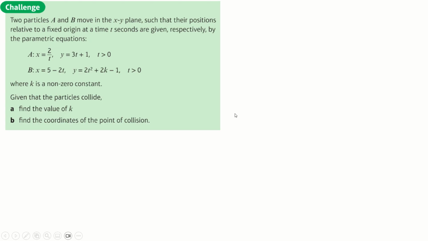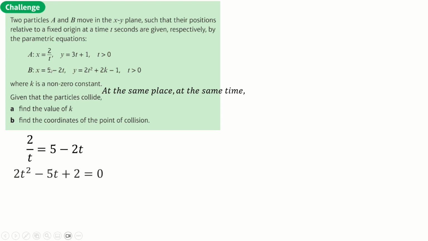Now, this is different for the last question of the chapter, which is talking about particles that are moving and they collide. Now, if they're colliding, going back to that corridor example, that means that they are in the same place, but also at the same time. So when you're doing a modeling question like this, you can just set these two things equal to each other, because the x coordinates have to be equal and the times also have to be equal to each other for that collision to happen. Otherwise, they're just passing through each other, through the same place at different times, which isn't collision, right? So, okay, we can just set these equal to each other,